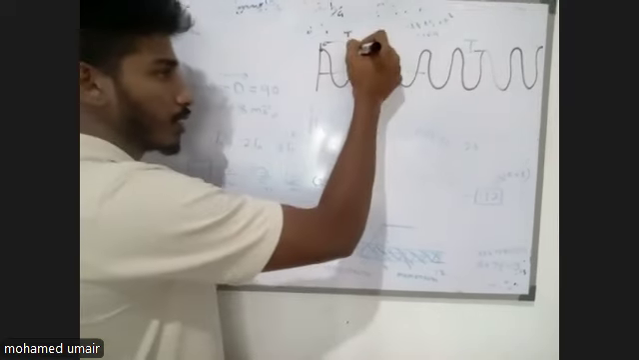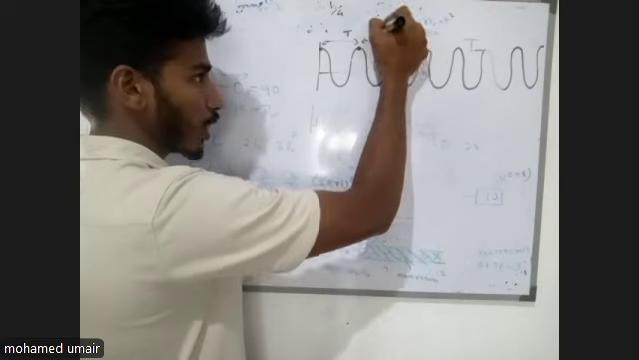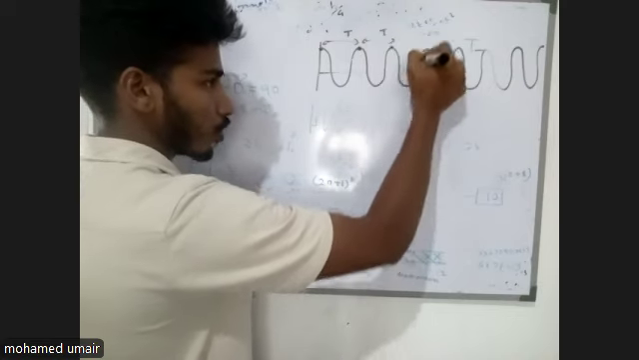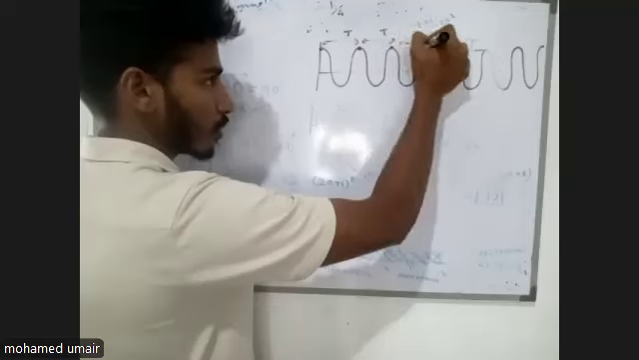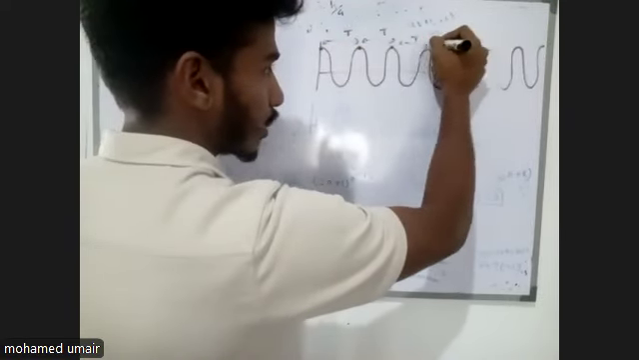Again from here, one complete oscillation. This is a periodic time. One complete oscillation. This is a periodic time. And so on. So you can see here, T, T, T, and so on. If I keep on adding them,